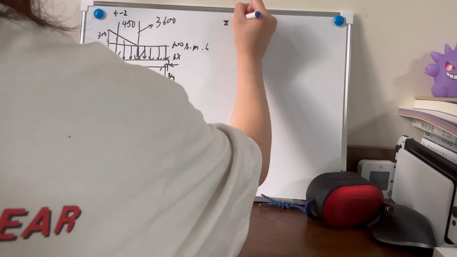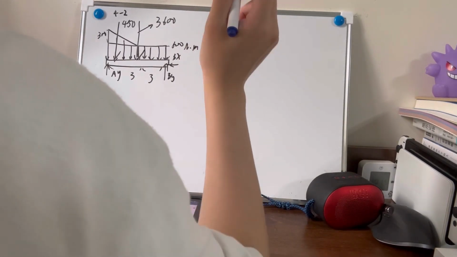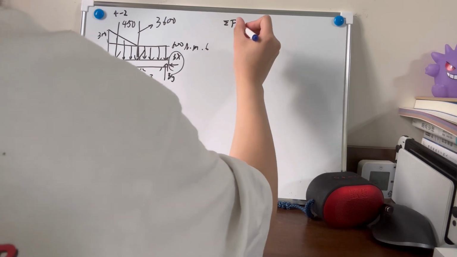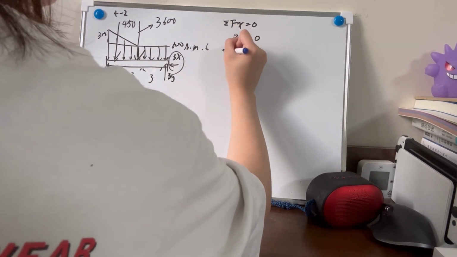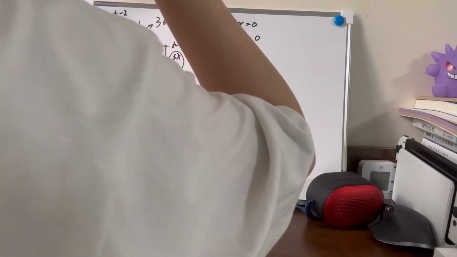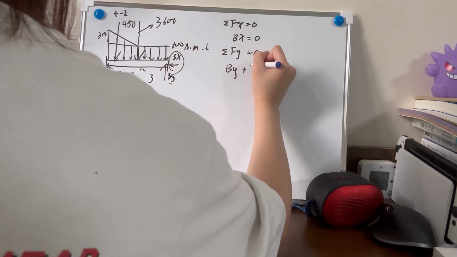And the summation Fx equals 0 because it's equilibrium, and Bx here only has the x force, so Bx is equal to 0, and the summation Fy equals 0, and we have the By here plus Ay